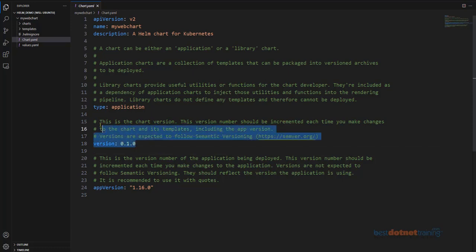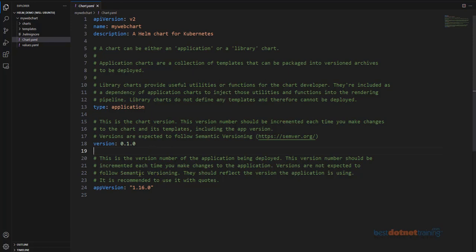Whereas suppose in your chart there are some changes, like let's say there's a new service that you are introducing. For example, you had a cluster IP service. Now you also want to introduce, let's say, ingress. So you are introducing a new ingress service in your application. That means what is there in the package is itself changing. Then your chart version should change. Got it? That is how these two are related, but they can be independent of each other.